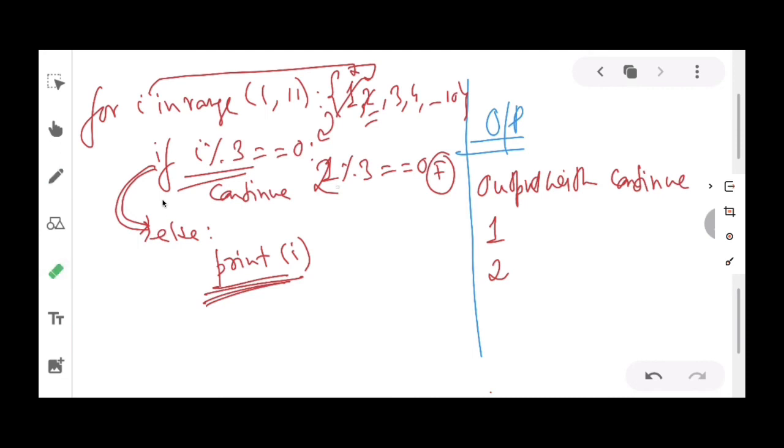It is 2, so 2 will be displayed in the output screen. Now next, what will be the value of I? The next value of I will be 3 here. So if 3 modulo divide 3 equals to 0, now the condition is true because if I divide 3 by 3, the remainder will be 0. Since the condition is true, it will come inside this if block. Now what is written there? Continue is written there. So the current iteration will be skipped and the control will again go and continue with the next iteration. So iteration number 3 will be skipped and iteration number 4 will be executed